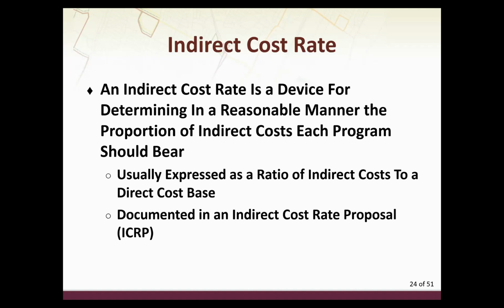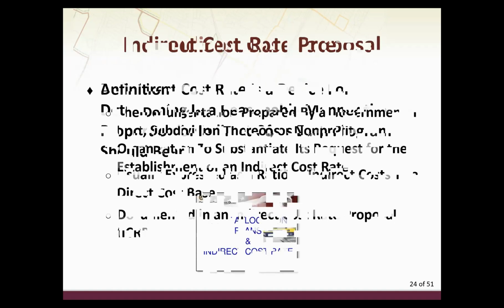And in its simplest form, an indirect cost allocation plan is nothing more than several procedural steps to develop a ratio of essentially indirect expenses divided by some direct cost base. So if we have an accounting system that is capable of segregating and dropping direct costs into their respective buckets, and capturing and segregating indirect costs and putting them in their respective buckets, we have the technical capacity to develop an indirect cost rate. And